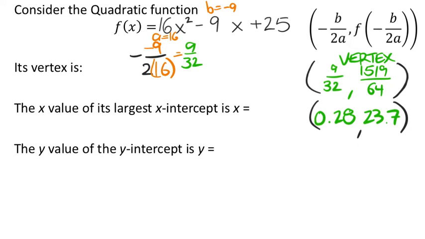All right, now we do have the vertex, which is great news. In fact, let's box it in because it's so great. Okay, so we do have the vertex. It says the largest x-intercept is x equals something. I'm assuming right now that this cannot be factored. Now, whether it can or not doesn't matter,